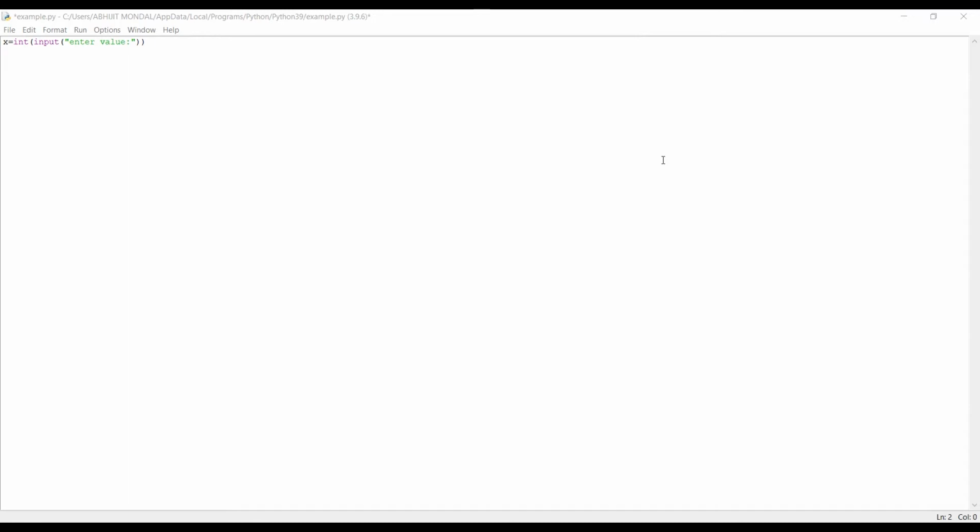So for this nested if-else condition, we will write a program to take the input of a value. If the value is divisible by 2, then it will check whether it is divisible by 3 or divisible by 5. So for this we have already taken an input for the x variable. Now we will pass an if condition.